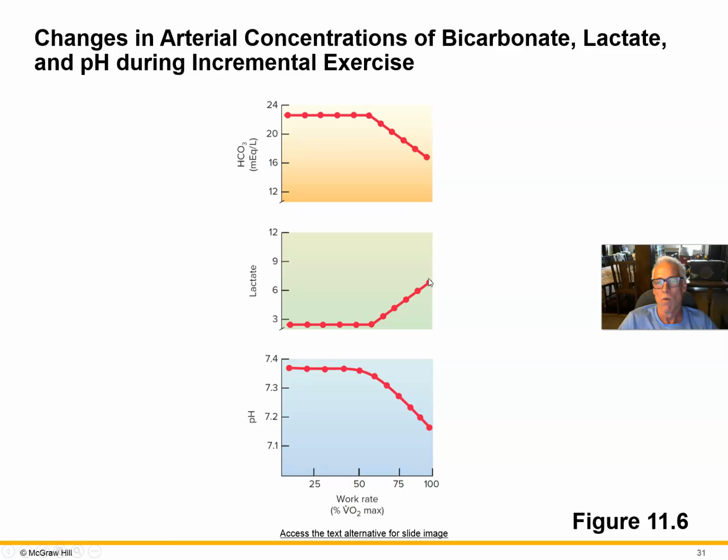Well, as we produce more and more lactic acid, we start to use up the bicarbonate ion, the buffer of the blood, and it starts to go down. And as the buffering capacity of the blood starts to go down, look what happens to the pH of the plasma and the pH of the extracellular fluids. It starts to acidify. pH going down means acidity. So we're using up those bicarbonate ions and we're acidifying the blood.